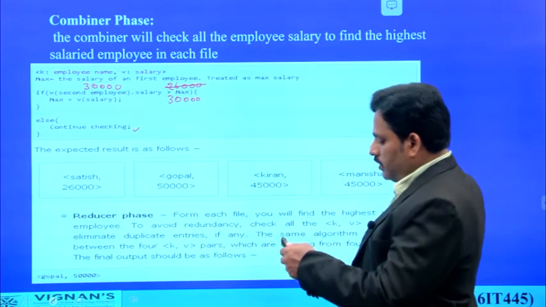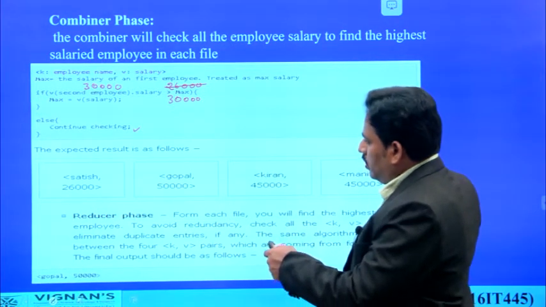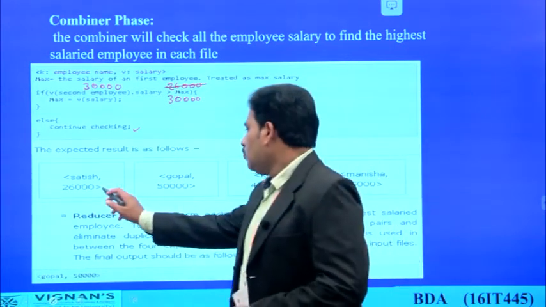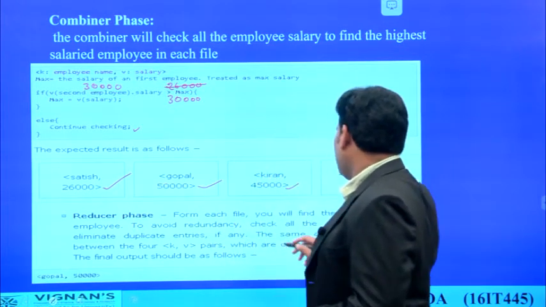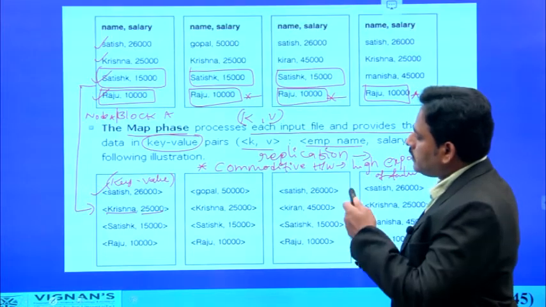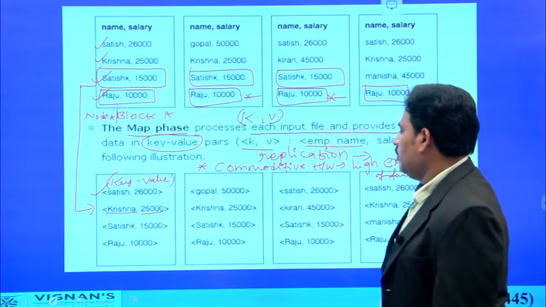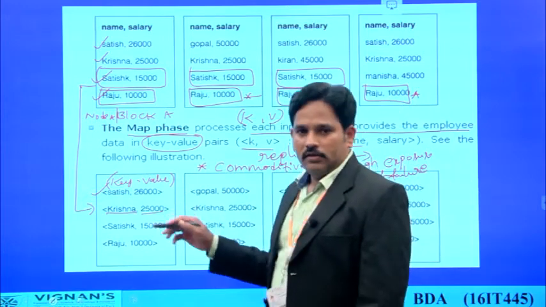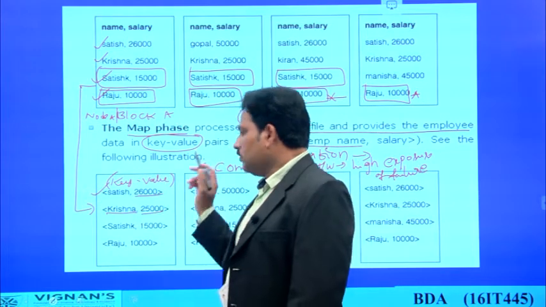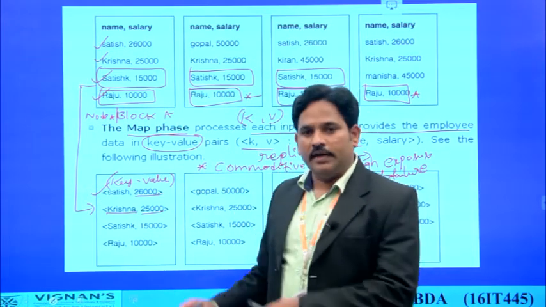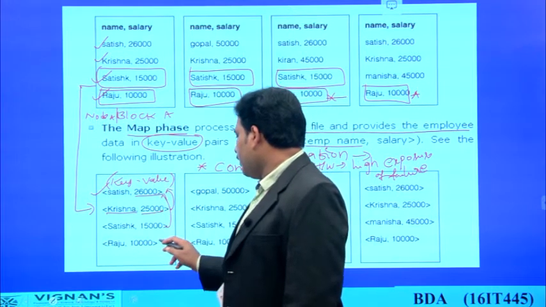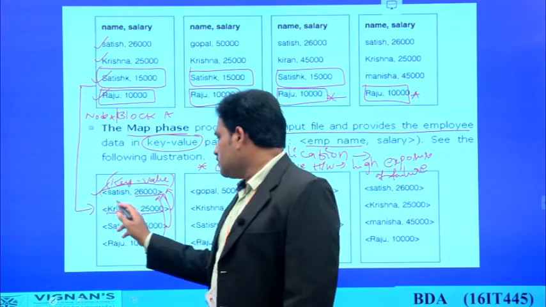Now let us have a look at this. What is the meaning of these four values here? Satish has 26,000 here, Gopal has 50k, Kiran has 45 and Manisha has 45. Let's move to the previous slide. What was written in this previous slide? An if statement, or conditional statement, was applied for every block. In the first case, 26,000 is the default value, we made it the max, and it was compared with each and every value. After comparison, this is the only record which has the highest salary.